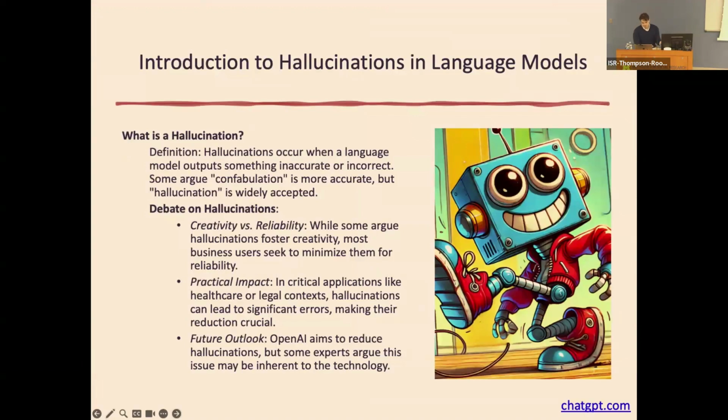Now, an introduction to hallucinations. So what exactly is a hallucination? Well, this refers to something that a model does and it's not expected to do. Some people prefer the term